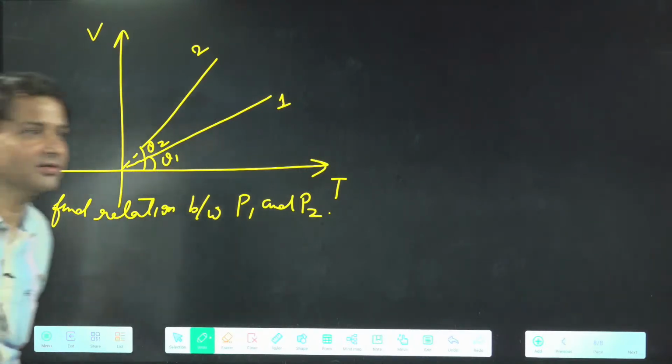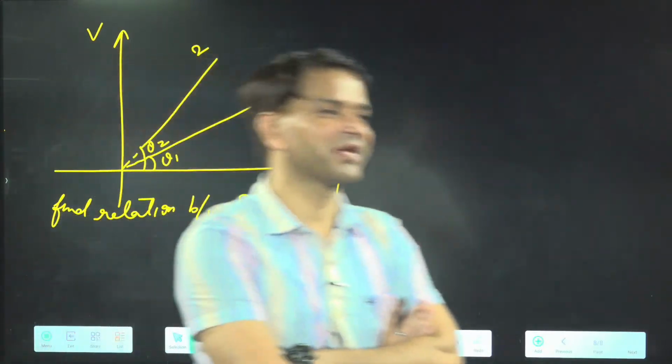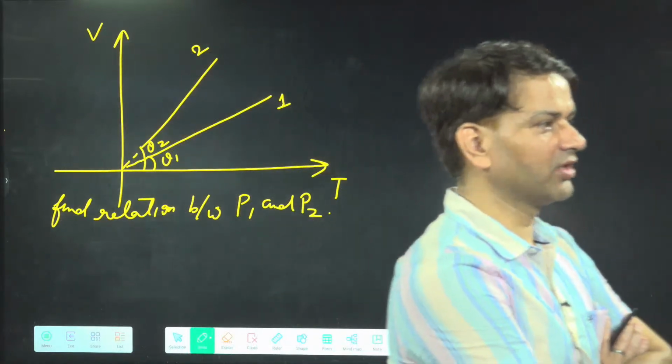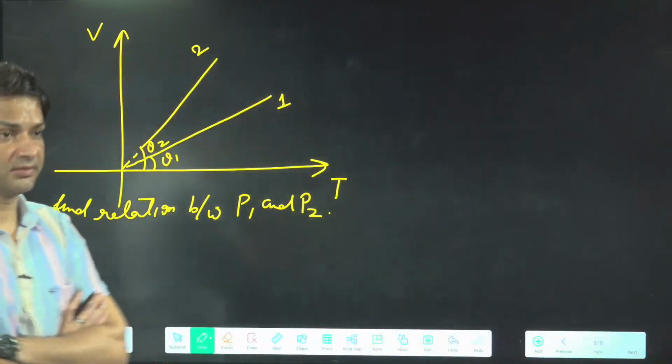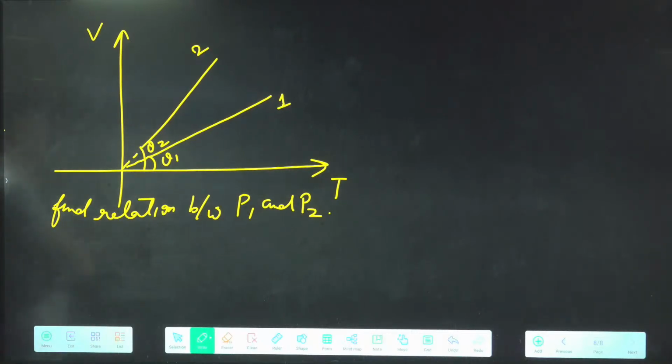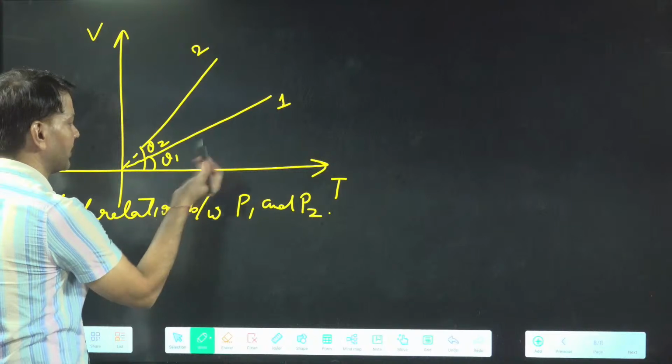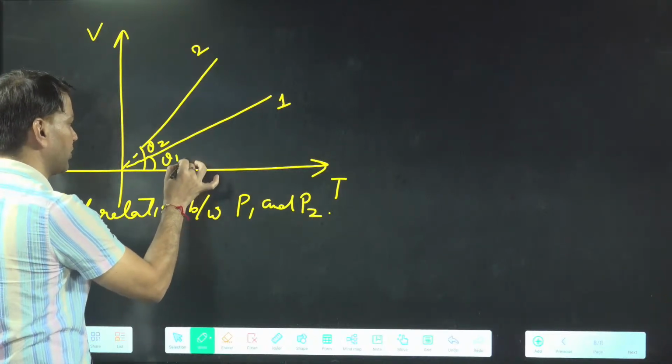V2 greater than V1. I am asking the pressure relation. P1 greater than P2. Okay. P1 greater than P2. Maybe everybody has now understood. So now here you can take again, suppose you want the line perpendicular to the temperature